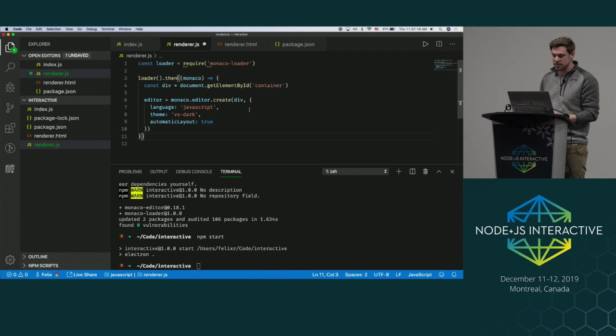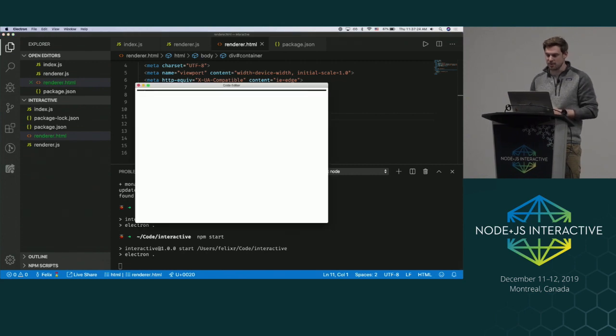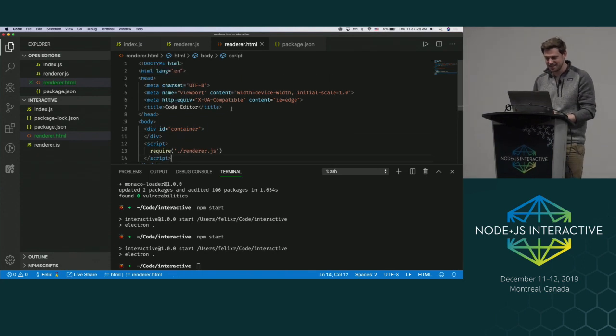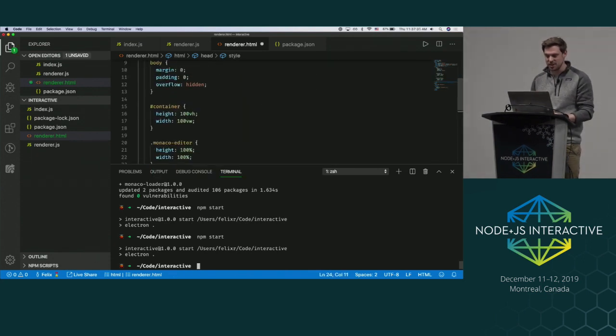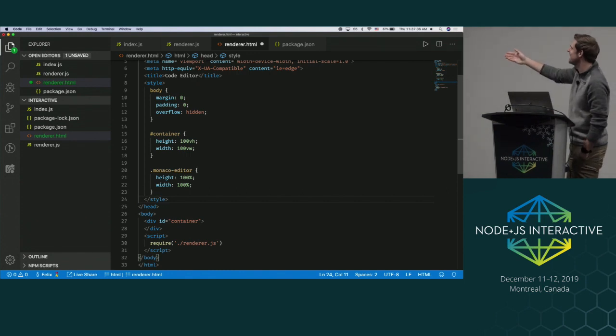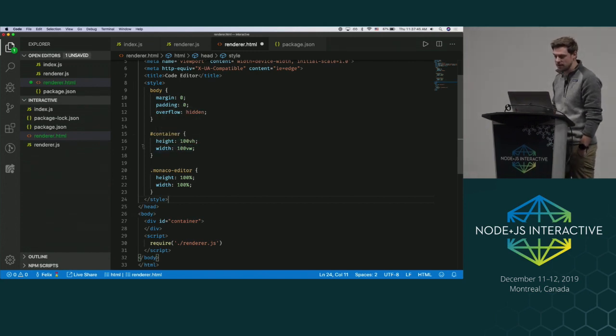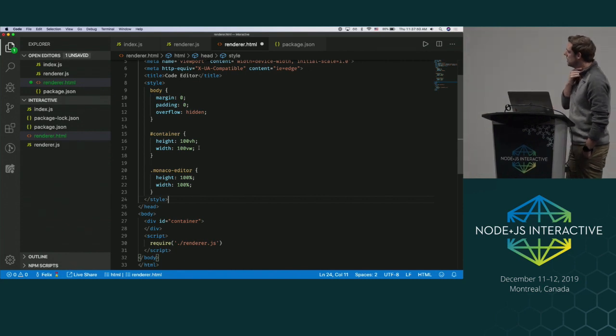When we start, this is going to look terrible, but I'm going to do it anyway, just so you see how terrible it looks. Looks like this, a little thin. Not to worry though, like a good chef, I prepared some CSS. It's not overly complicated. What I'm doing is I'm saying no margins, no paddings, no overflow. Make sure the editor itself has 100% width and height. And then I'm giving the container also full width and height of the viewport,